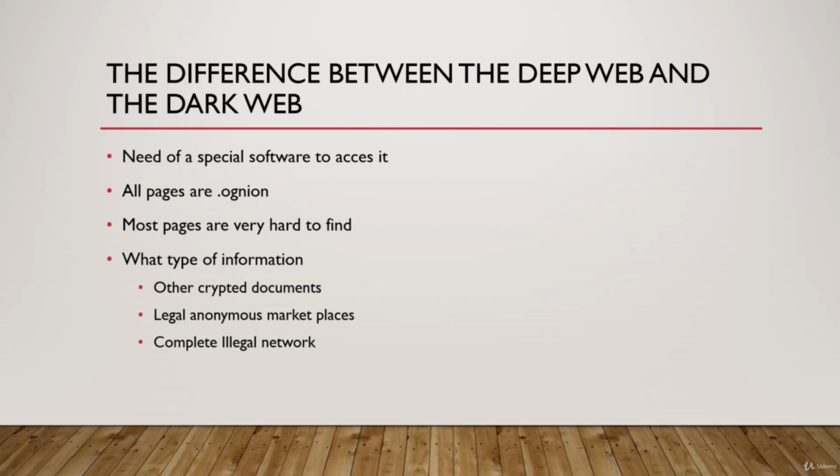What type of information can you find there? Encrypted documents. Once again, you need to have access to the website. You need to find the places where those documents are. Sometimes it can be really, really important documents. You have legal anonymous marketplaces. So yes, you have marketplaces